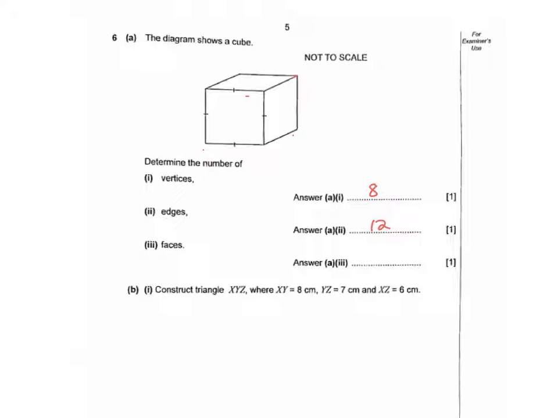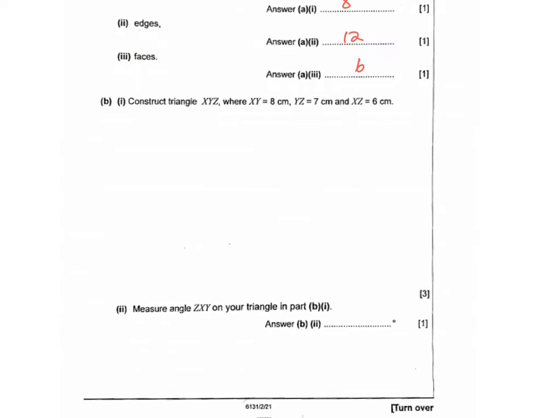Faces are like faces. Which face? We have 1, the top face, the bottom face, this face and the other side, this face and on the other side. So we have 6 faces. Okay, then we go to question